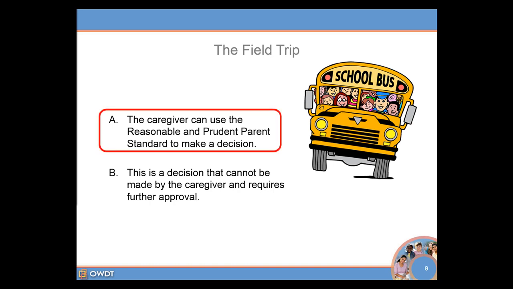The answer is A. The foster parent must consider factors such as the potential risk, appropriateness of the activity, best interest of the child, importance of encouraging the child's emotional and developmental growth, and the child's behavioral history. As shown earlier on the determining factors slide, some questions to ask to help with this answer could be: